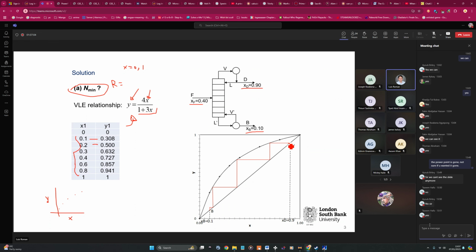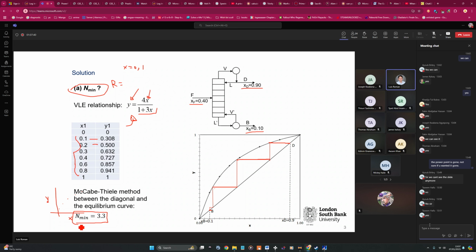So you start drawing your staircase, you draw your horizontal line, then your vertical line. Remember, it's to the equilibrium curve, down to the reference line, or operating line in this case. And this is the limit, the bottoms composition. So in this case, we have 1, 2, 3 point something, about 3.3 equilibrium